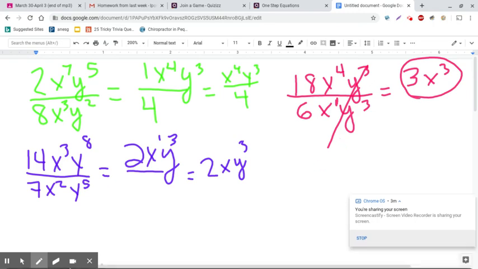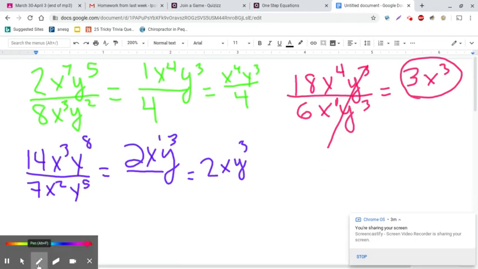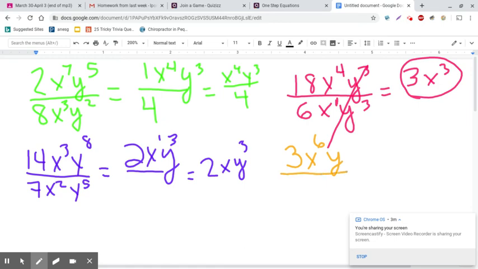All right, one last example. Let's go with a fun color, with orange. Okay. Sorry, guys, it takes a long time. Let's go with 3x6y over 21x